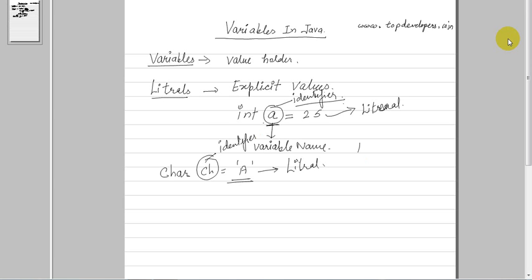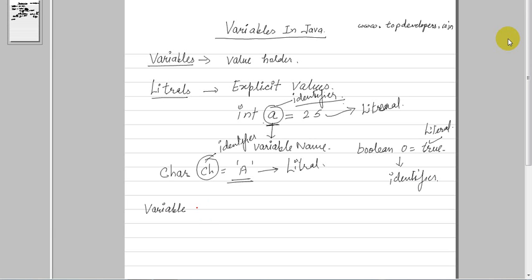If you are creating a boolean variable, this one is the literal and this one is the identifier. Okay, so I have given this name a